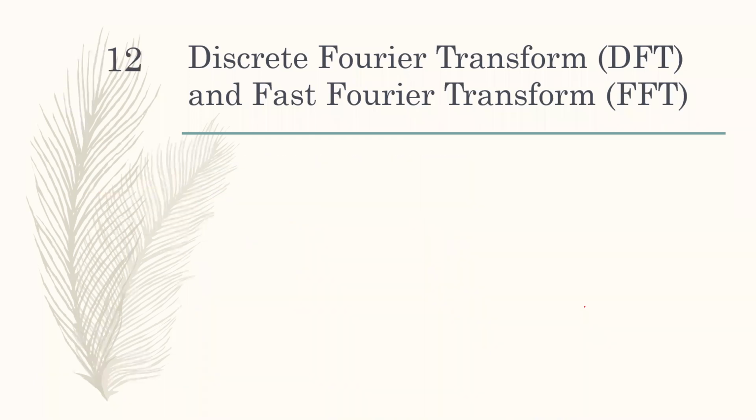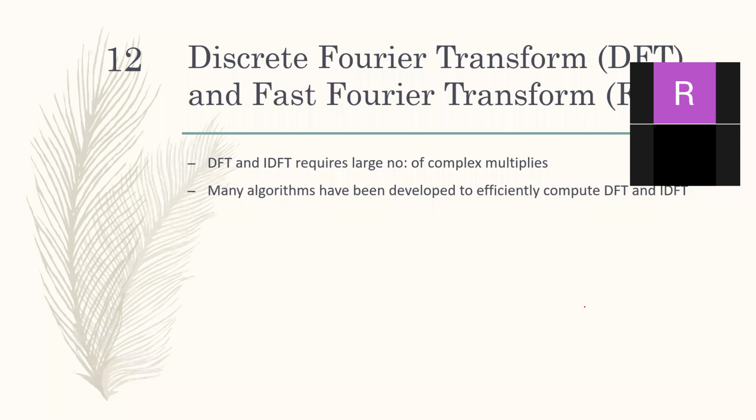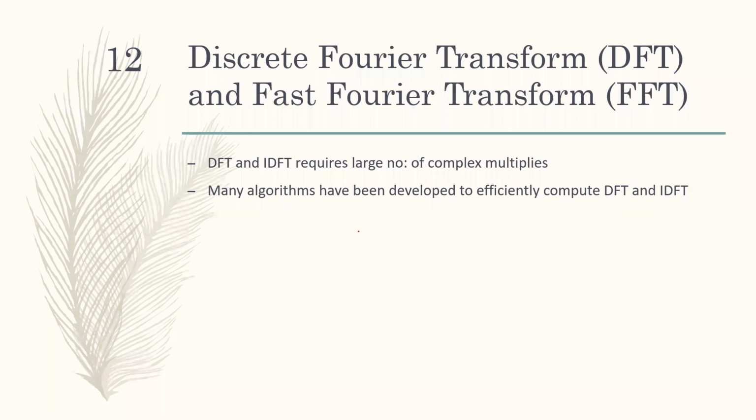So how can I overcome this? There were some algorithms which were proposed in order to overcome this and compute DFT and IDFT in a much more efficient way. When I compare this with the hardware, if I am speaking of computing a large number of calculations, it would consume a lot of power and a lot of time. So how can I reduce this overall procedure? That is where DSP architecture and algorithms come in handy.